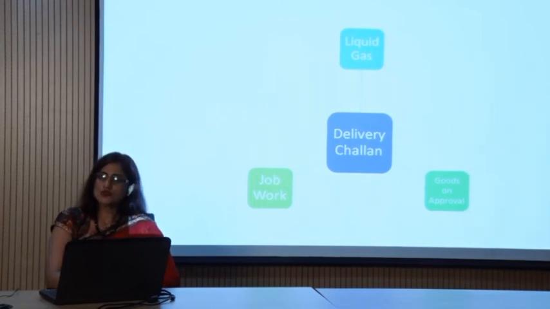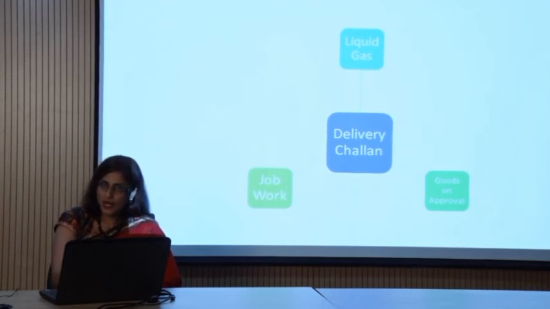So, when I am supplying the 100 sarees to the job worker, I am a principal here, and at that time the supply made by me will be on a delivery challan,